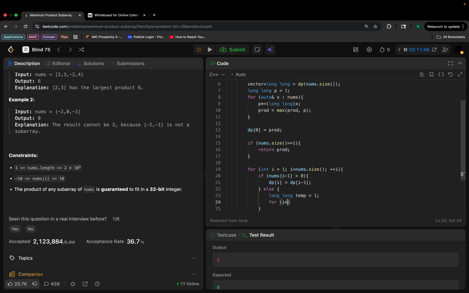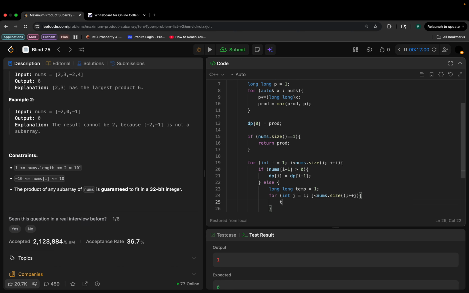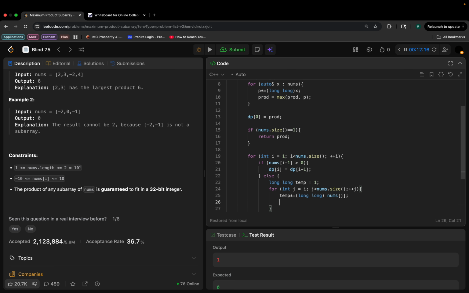So for int j equals i, j is less than nums.size, plus plus j, I do temp times equals long of nums j. Oh no, not plus equals. So times equals, and then I also do